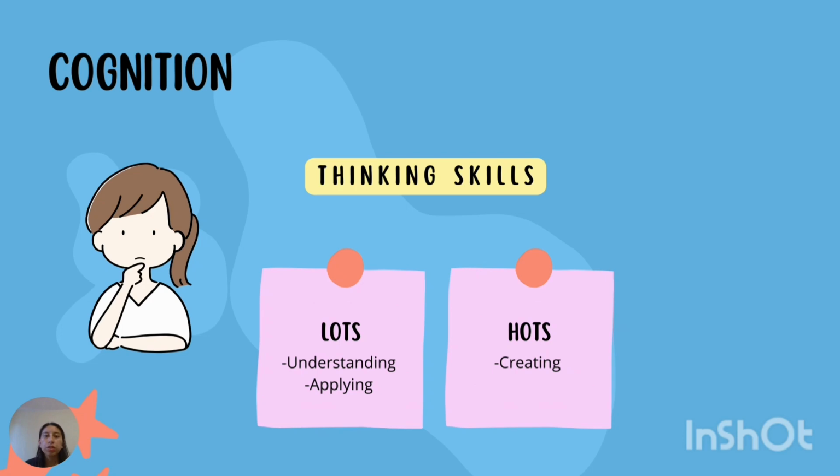Okay, to continue our session about Pablo Picasso, for the cognition, the thinking skills are lots: the understanding, applying, and the thoughts about creating. Thinking skills are important because our students develop critical thinking skills, and for that teachers can prepare their activities following